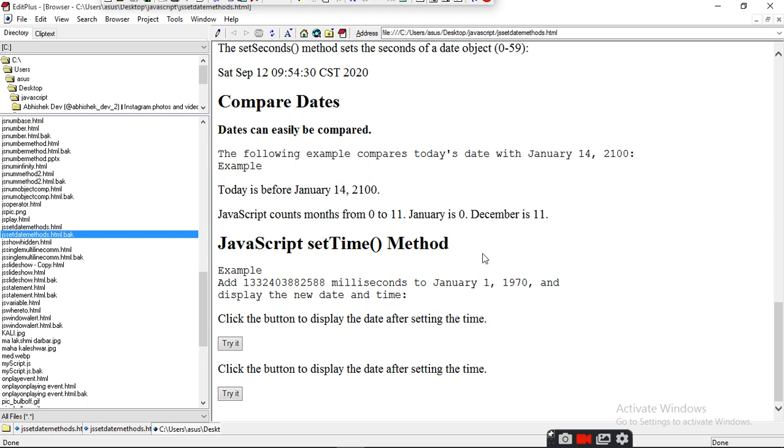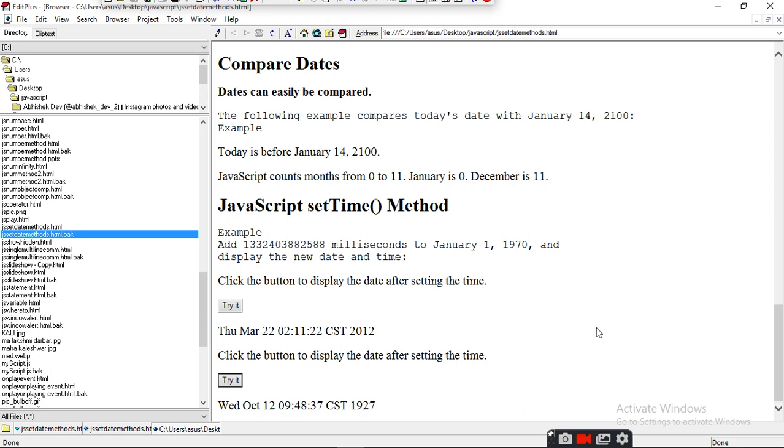JavaScript setTime method. When we say JavaScript setTime method, it will give the answer in milliseconds from January 1, 1970 and display the new date and time. Click the button and try.